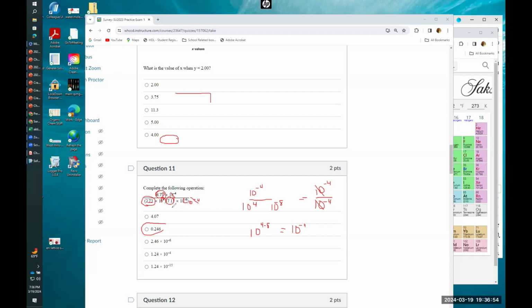So all we have to do is get rid of the exponents first. In this case, it's easier to do it that way. Or you can enter all of them. When you enter it, you would go 4.77, and then you're going to use your EE. You're going to use that plus minus to put the minus there, and then you're going to enter 4. And then you're going to hit divide,